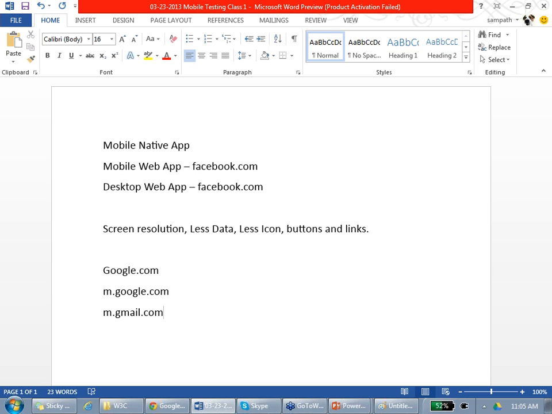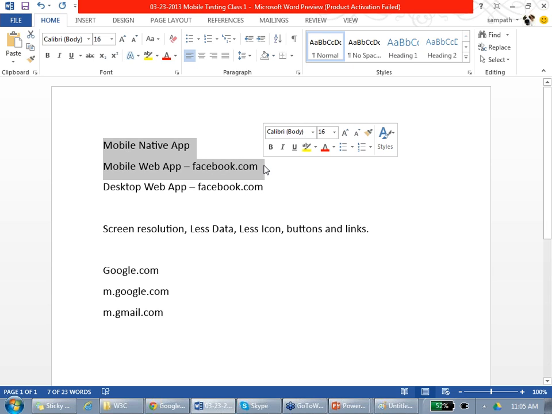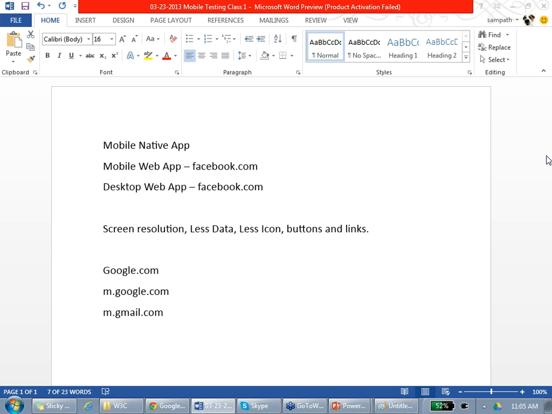Which one is better on a mobile phone? So coming to mobile phone, which one is better? Native app is better. Why is it better? It's very easy. You don't have to type a lot. First thing, next thing, just click open. You don't have to type, you don't have to click URLs and all this kind of stuff. And that app is specifically designed, it can use everything built into the iPhone.